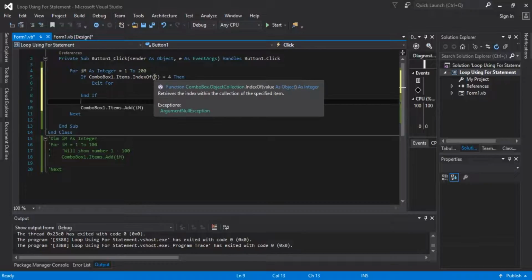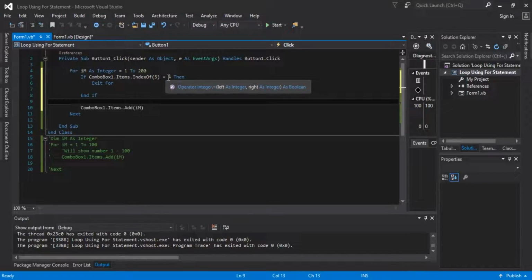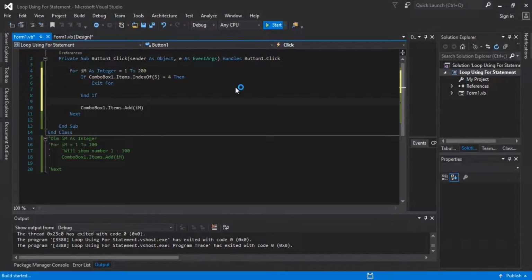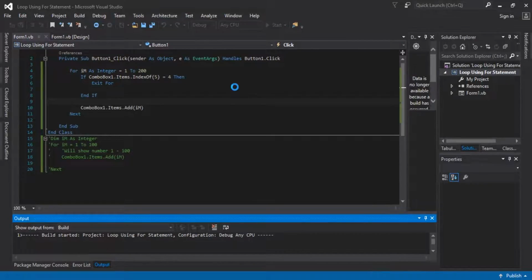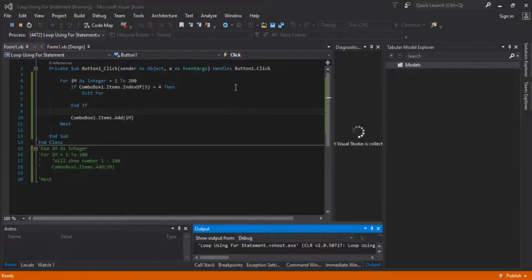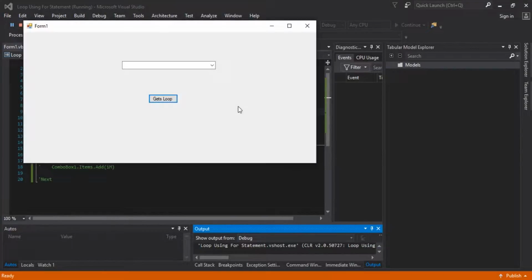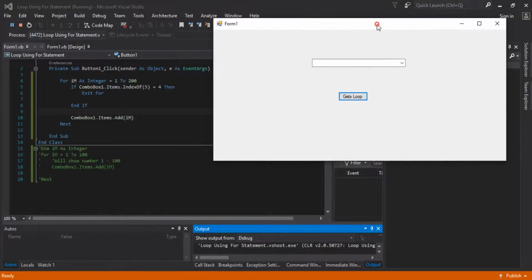or the value of index of 5 is equal to index 4, then the script will break or will stop the loop. Okay, I will try to start, guys. In the last experiment, if we click the button 1, the combo box value is 1 till 200. But if now I click get loop, I will just see 1 till 5. If I try to get loop again, then